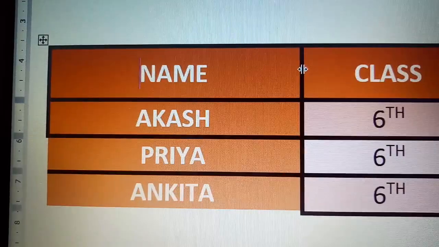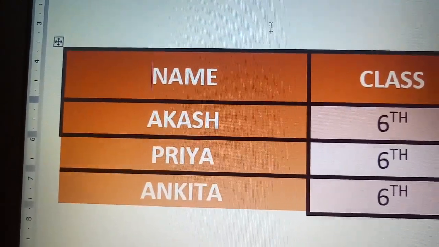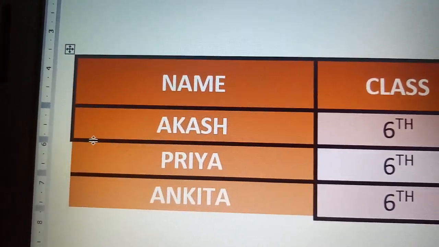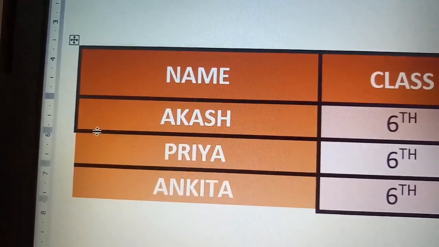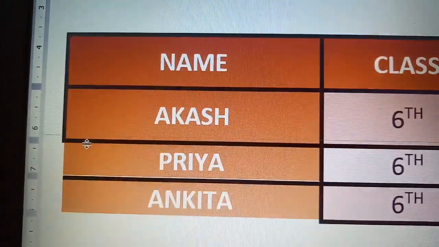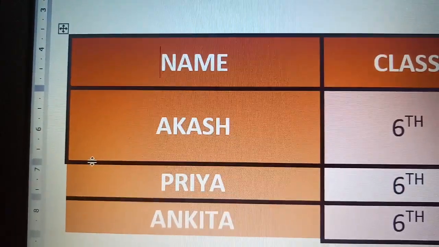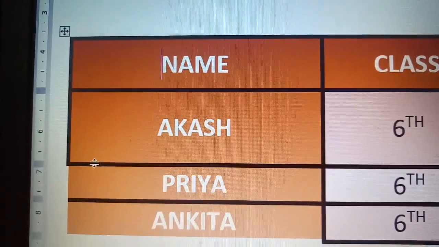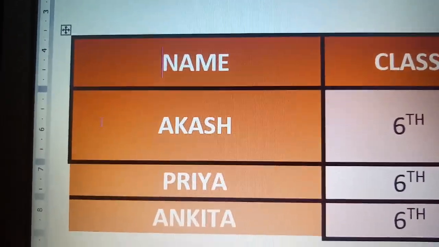So this will also increase the width of the column. Similarly, if you want to increase the height of the row, here also with the double-sided arrow, point to the row lines and drag it down. It will increase the height of the row. So this is simple. Manually also you can do it, and from that menu option also you can do it.